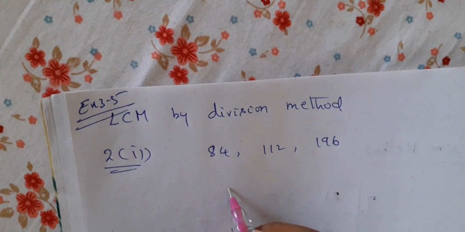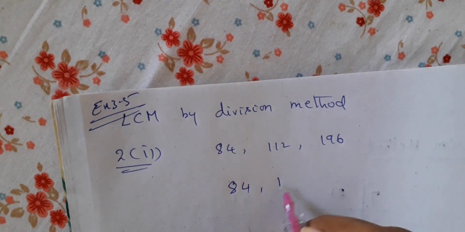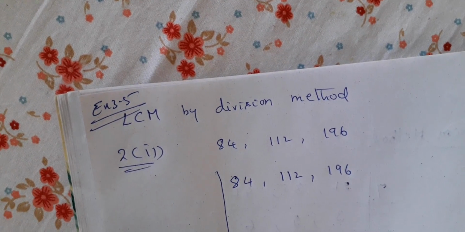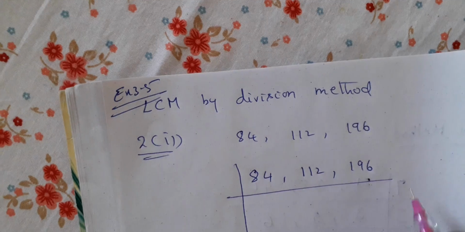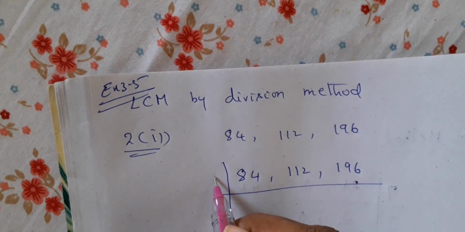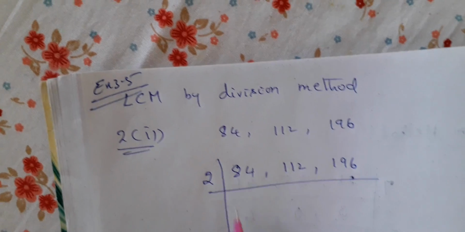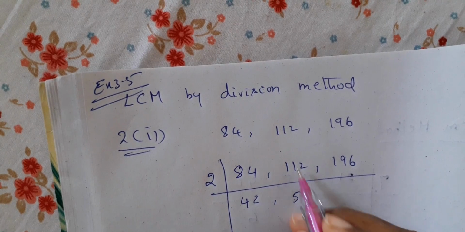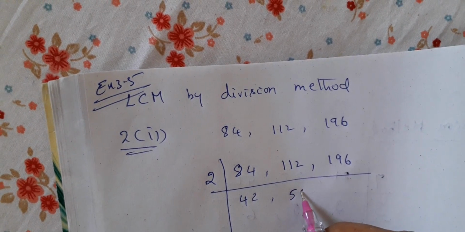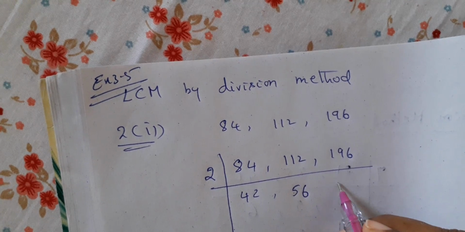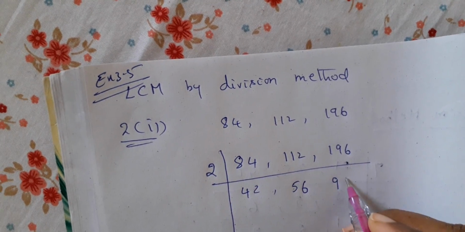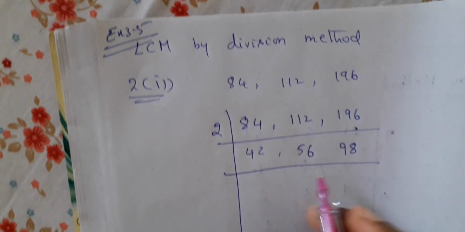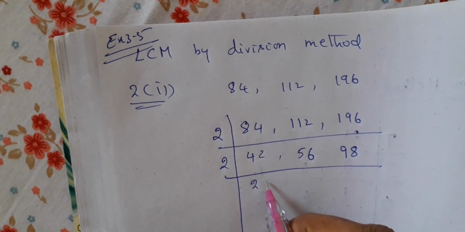In the LCM by division method, you have to take the least prime number which can go commonly in all the three numbers. Now here all are even numbers. Undoubtedly 2 goes in all. So 2 4s are 8, 2 2s are 4, 2 5s are 10, 1 is a remainder, 1 and 2, 12, 2 6s are 12, so 2 9s are 18, 2 8s are 16, very good. Then again all even numbers, so 2 table will go, 2 2s are 4, 2